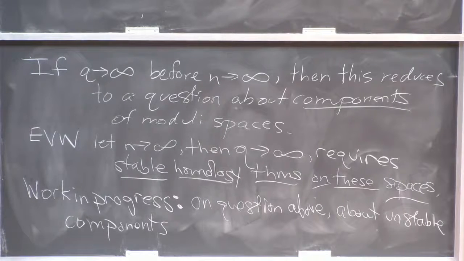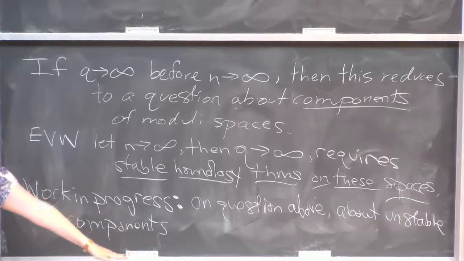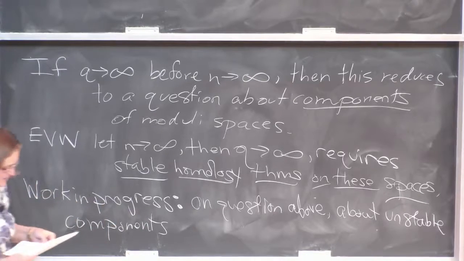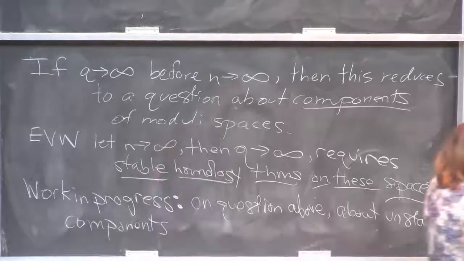And I'm asking not to understand all the homology of these spaces of curves, but just their components, but in a range where even knowing the components is unstable. So basically, that's just shorthand for the part that we don't understand as well. Okay, so let me give a